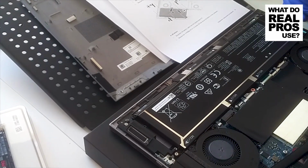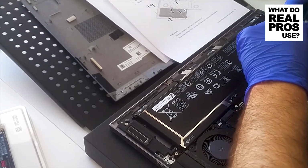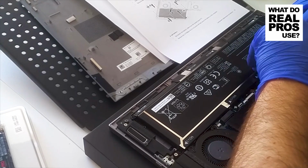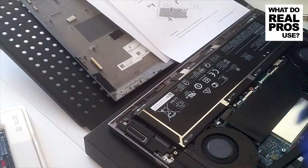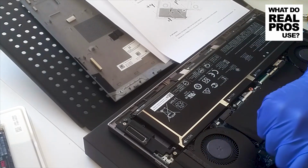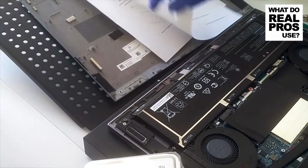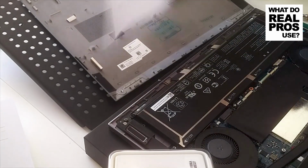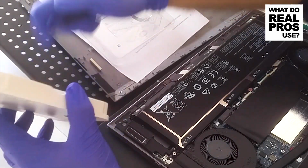Alright, so they say to disconnect the battery from the board. So let's disconnect it from the board. Okay, so the battery is disconnected. I won't be removing it because there's no need to do that. Let's put the drive in. So it says how to replace the drive. It doesn't show you the other one. Okay, that's fine. Let's get the drive